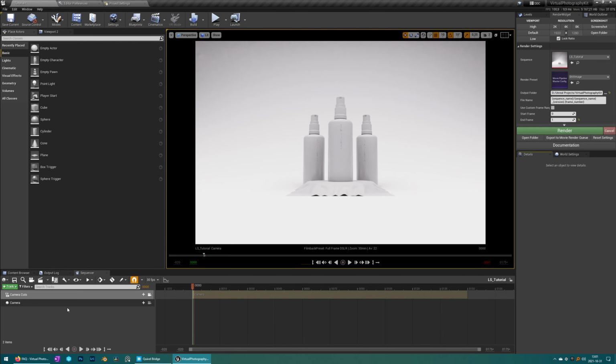And when we find some preset that we like, then we'll have to make sure of one thing, and that is setting the streaming method to always loaded. That way it will know what level it should load. And then make sure that all the other levels have blue dots, because that means that they're not going to be rendered. The eye icon here is only for the editor, and this is not respected in the render. So with that done,